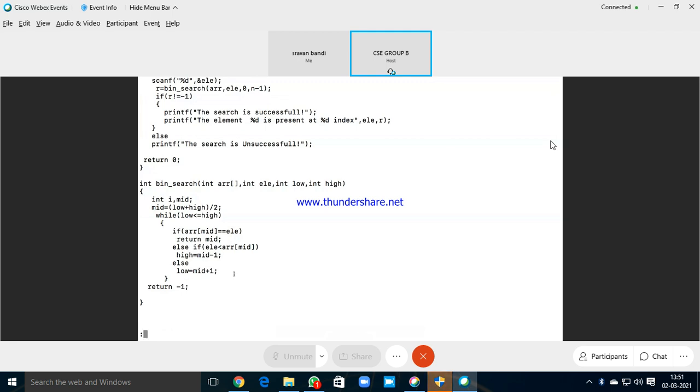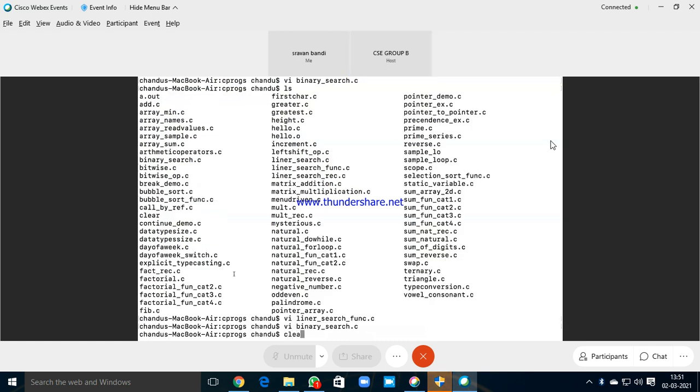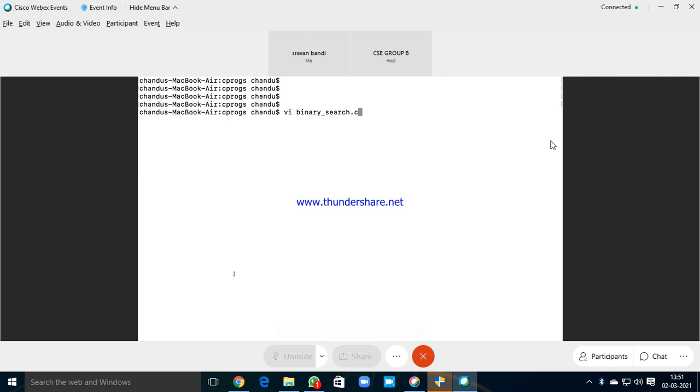So let us execute this. GCC, dot slash a dot out. Array size, how much do you want?